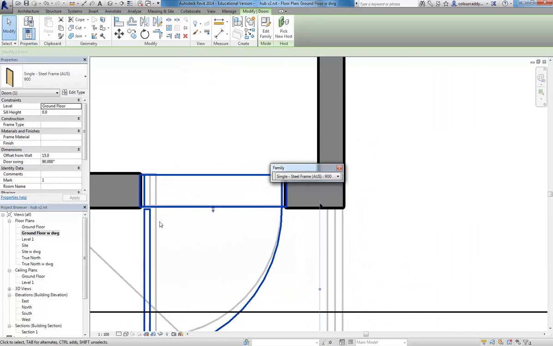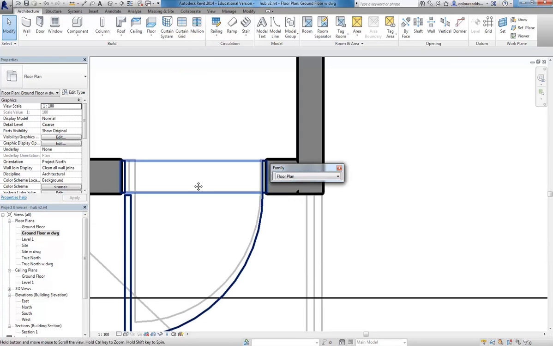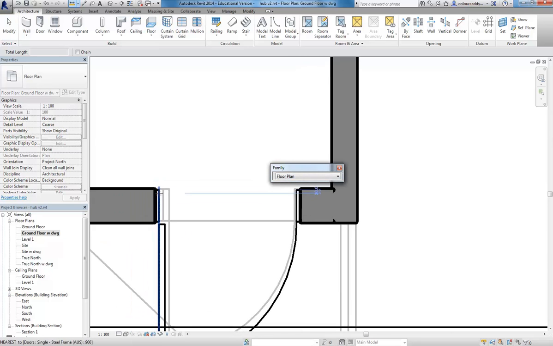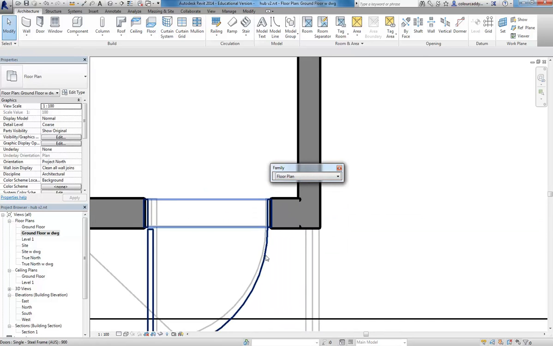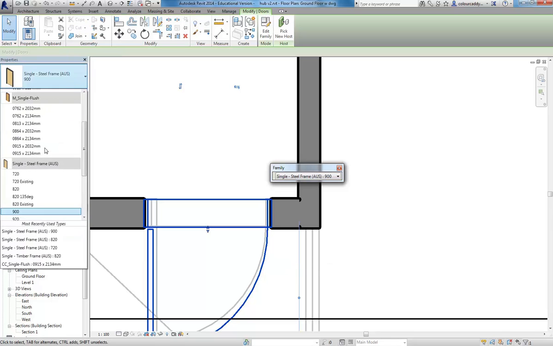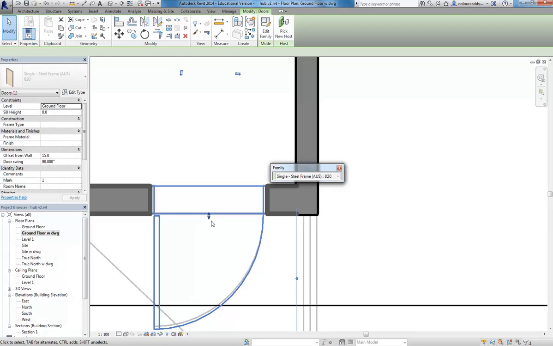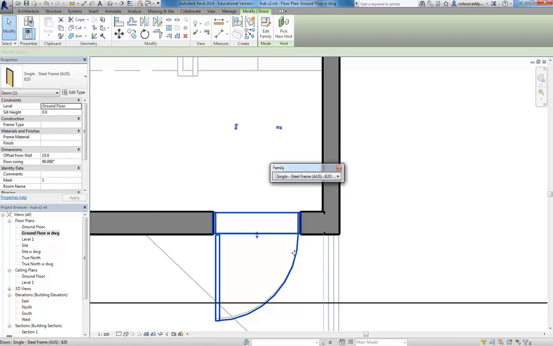Okay, it's not lining up exactly for some reason. What's going on there? Let's just check those measurements. So don't get too fussy with this, but it's good to have a basic idea why it's happening. So there. Oh, sorry, it is the door. Sorry, that's strange. So let's see, 820. Oh no, that is right. Okay, so I was just imagining things, but I just wanted to show you how to change the size anyway